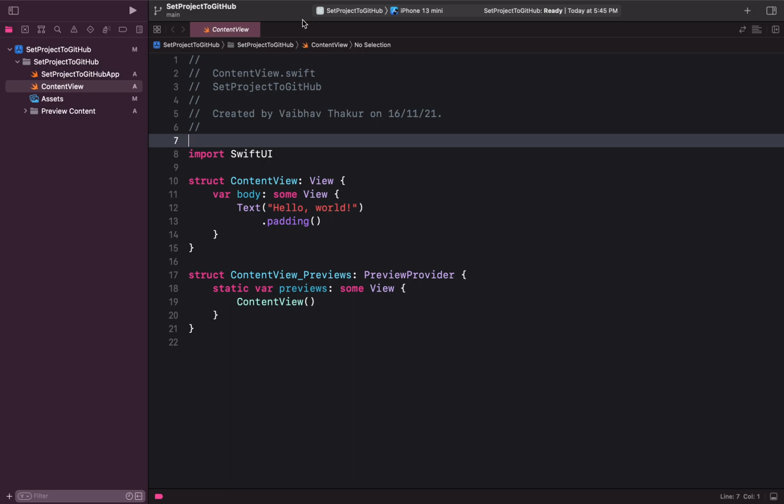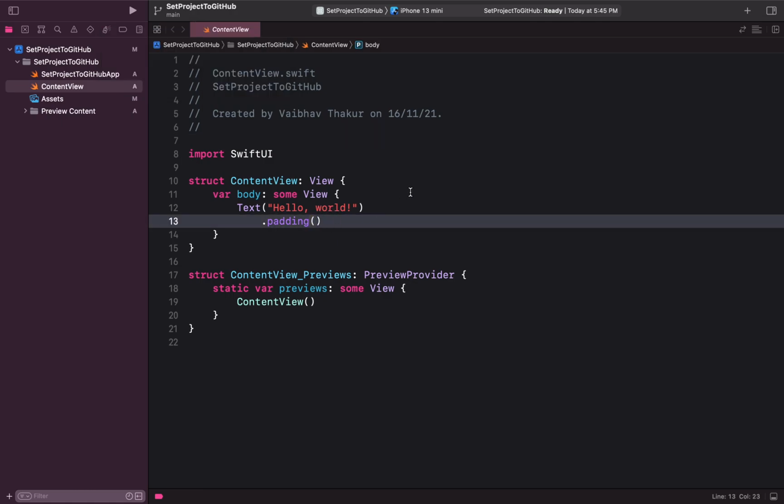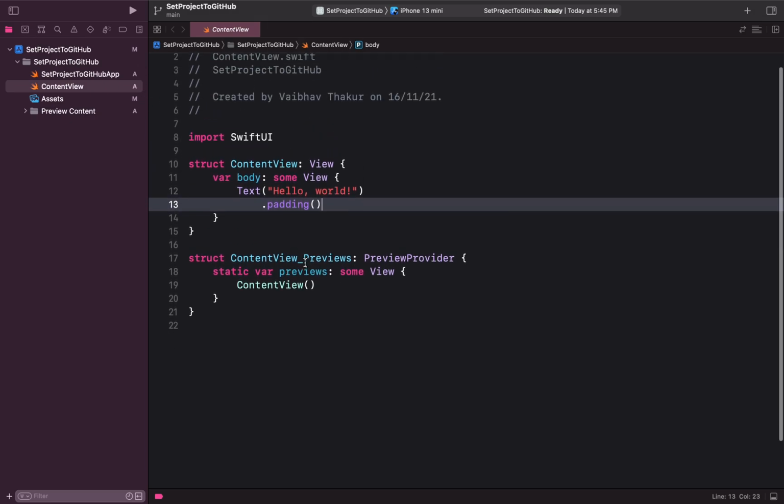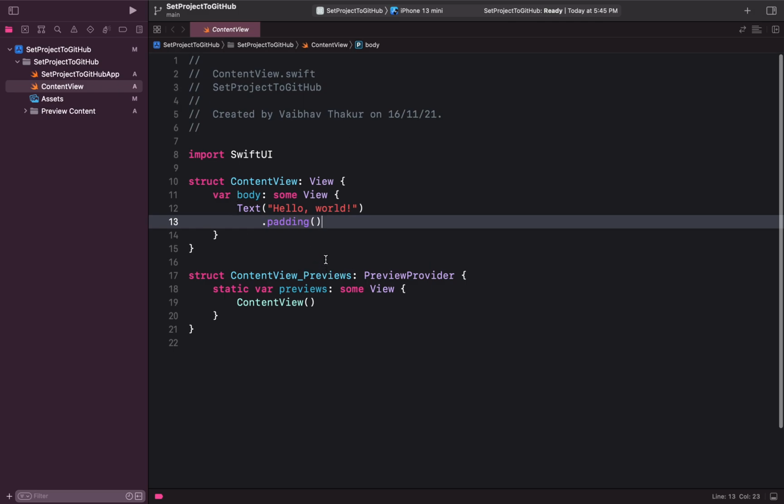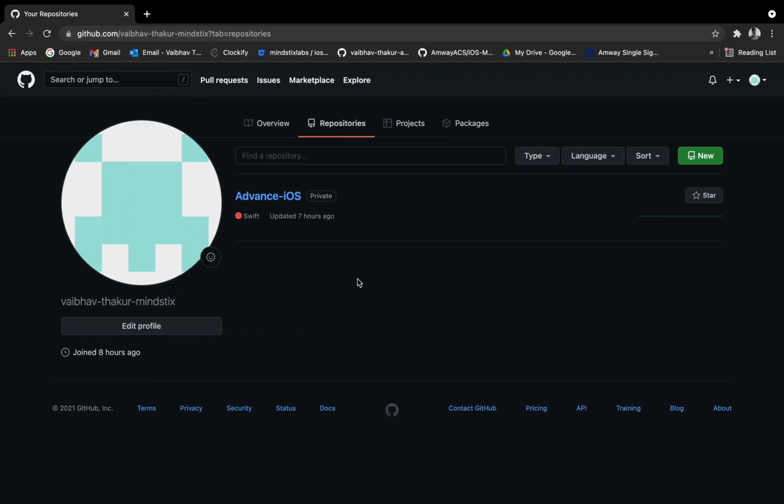And once you do that, now you can see this version control system has been added to the project. So this is another way we can do it from Xcode for an existing project. And in this status, you can see that A is for files that are not added to the staging area, and M is for files that are modified and need to be added to the staging area. It denotes that.